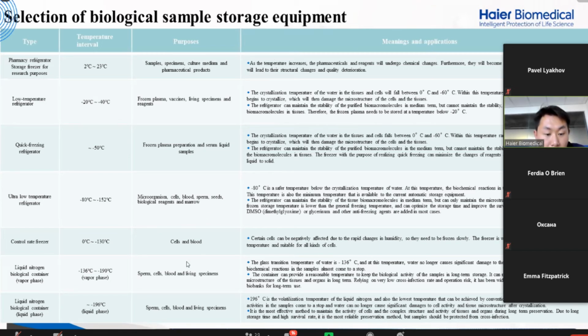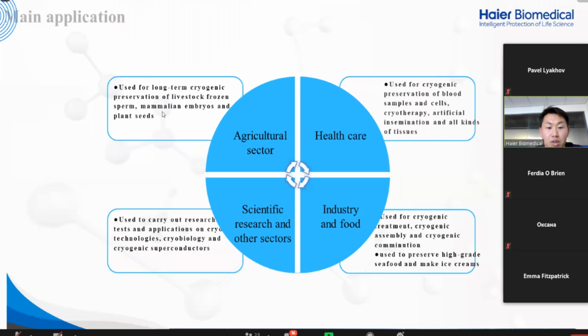Normally this kind of liquid nitrogen tank is mainly used in the biobank or some kind of biology laboratories. They will use it to store the samples. And okay, here's the main application for